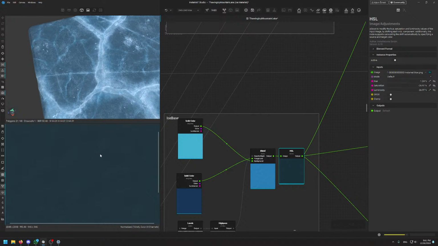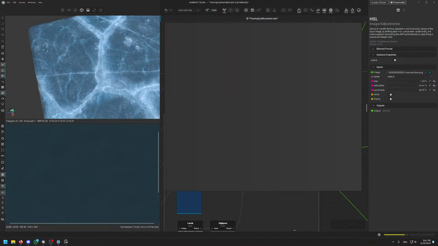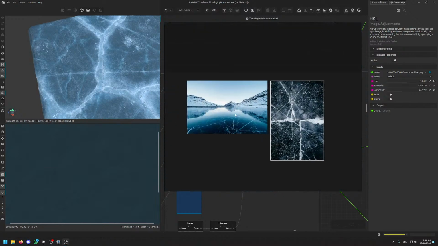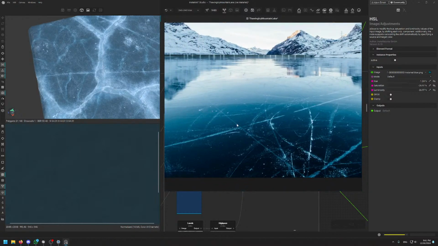And that was in my reference, if you remember. I'm sorry, I don't have it here. Maybe I can find it quickly. Just give me a second. Yes, here we are. It comes from the subsurface scattering of the water and the ice. So you get this color and this color,